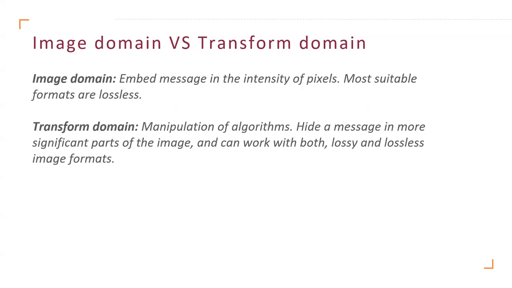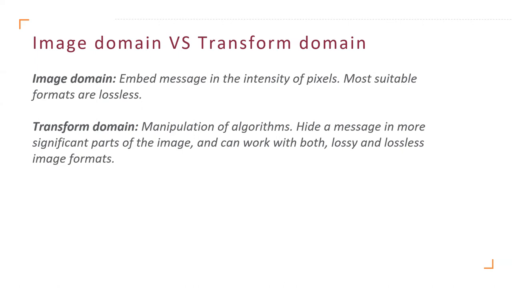So there's one more concept about image domain and transform domain. This is what steganography in these two domains looks like. In the image domain, the message is embedded directly into the pixels, and it's suitable mostly for lossless compression techniques like GIF. Because if we embed some information in the pixels and the image becomes lossy, then that information could be lost. And for the transform domain, the algorithms are manipulated, and